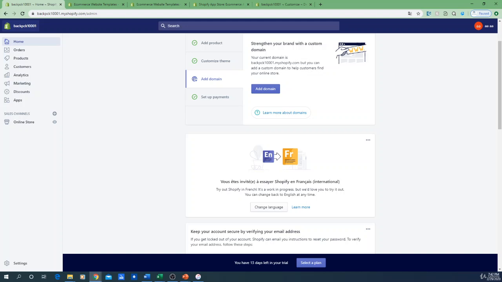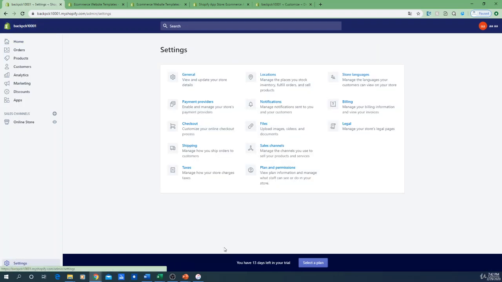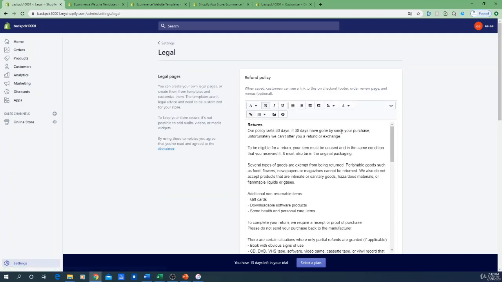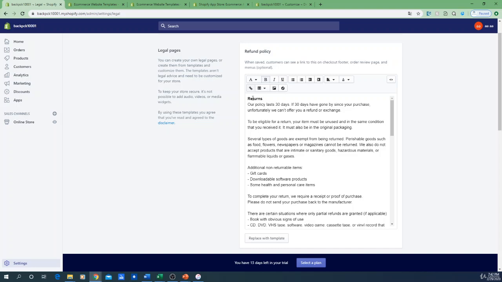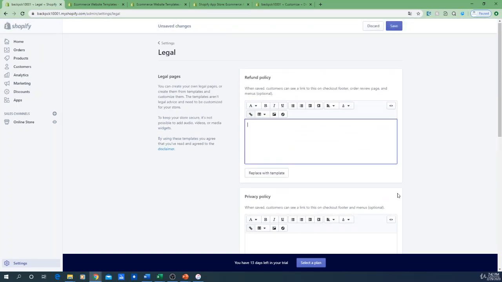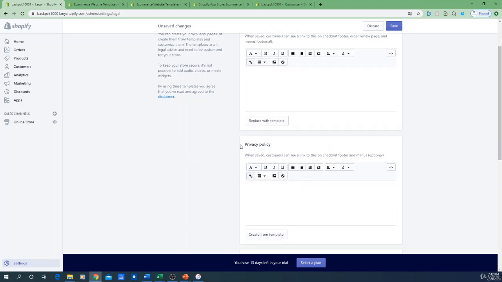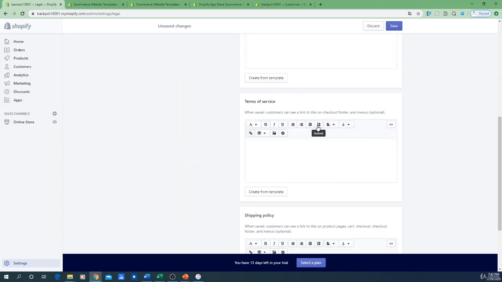So how do you add those on your website? On your e-commerce, the first thing you're going to do is go here and click on settings. After that, you're going to click on legal, and you'll be on a page like this. You'll have a refund policy. Let me just delete it to show you the example. Privacy policy and terms of service. Those three things